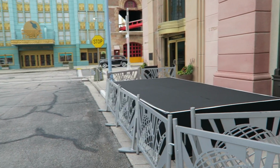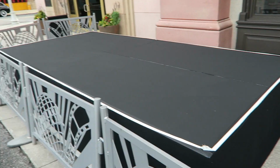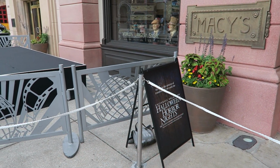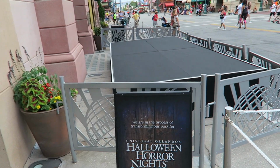And outside of Macy's, we have this stage. What could the stage be used for? Certainly it's for something for Halloween Horror Nights. And how do we know it's for Halloween Horror Nights? Because the sign is out telling us. Make no mistake about it, this is for Halloween Horror Nights. 1 month away. As far as the other street is concerned, down the block from Transformers, nothing out here yet